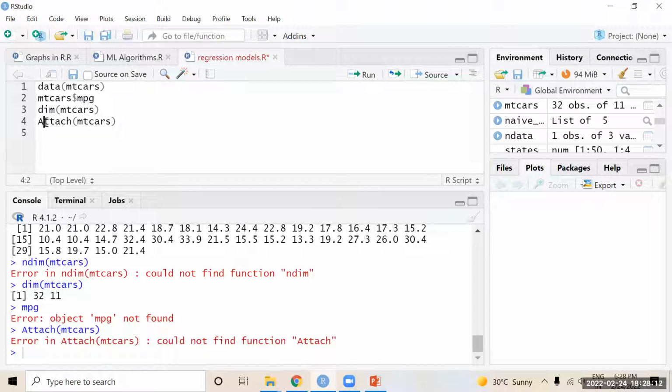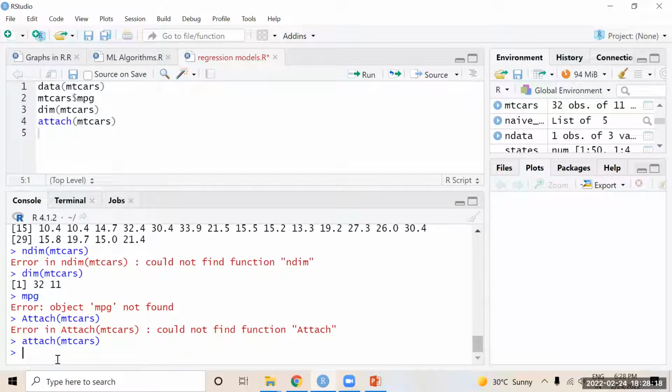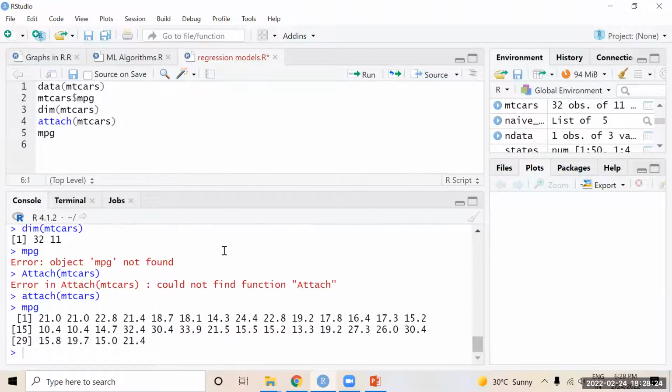Yeah, I think small a, because all commands in R are case sensitive. Yeah, attach mtcars. Now you can access directly the columns individually. Yeah, now this is the 32 observations of mileage data.